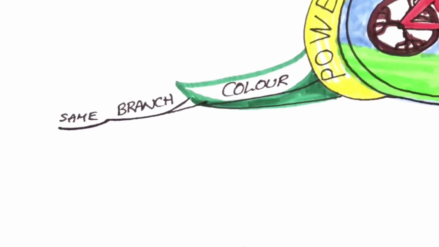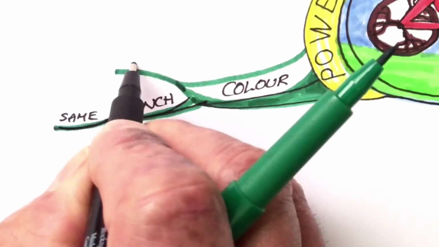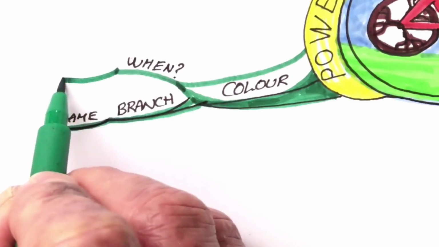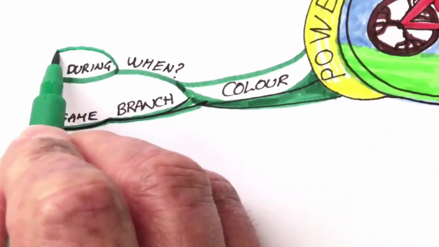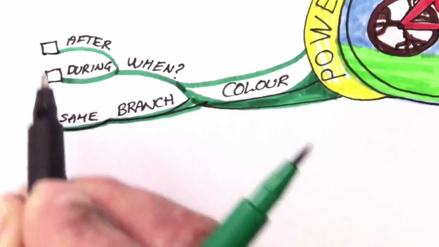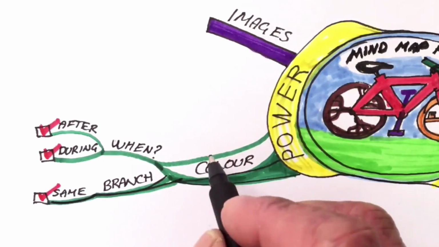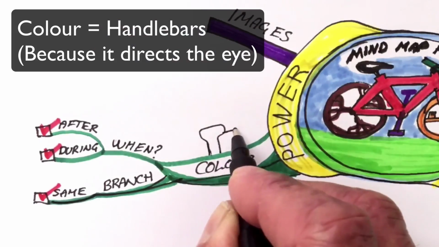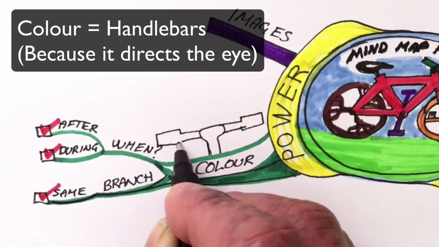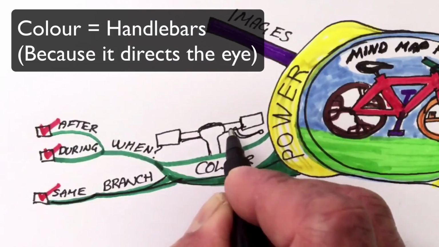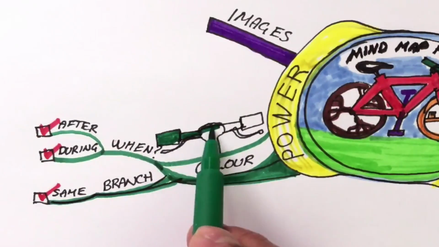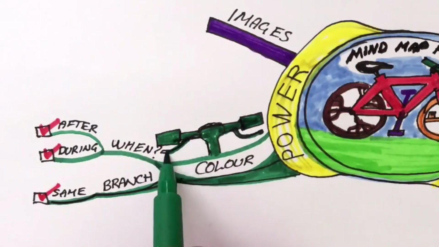We color our branches the same color. We do that either as we do the branches, or you can do it in black and white and then color each branch system at a time, or you can do the whole map in black and white and color the whole thing at the end. Each has its own advantages.